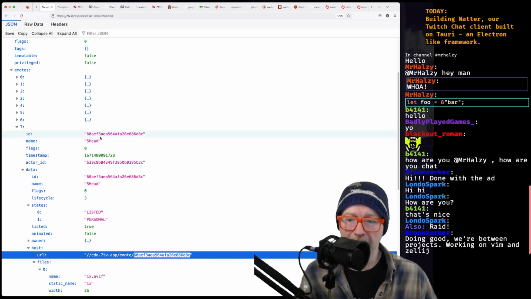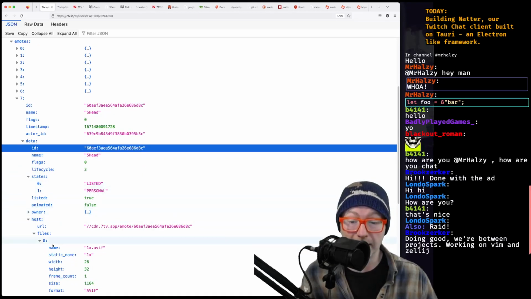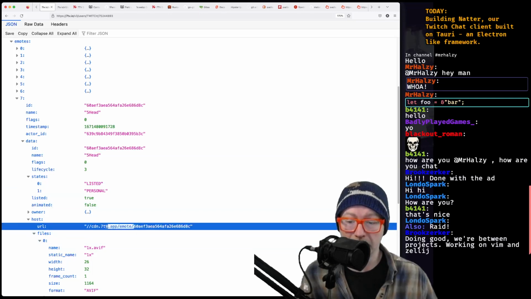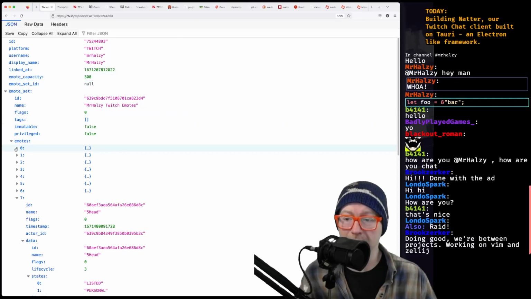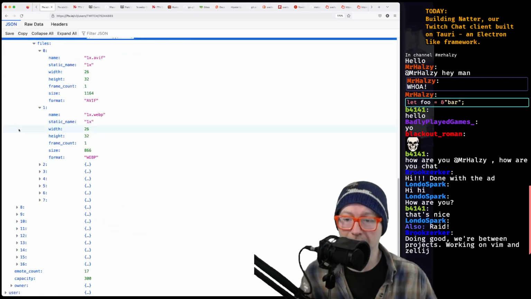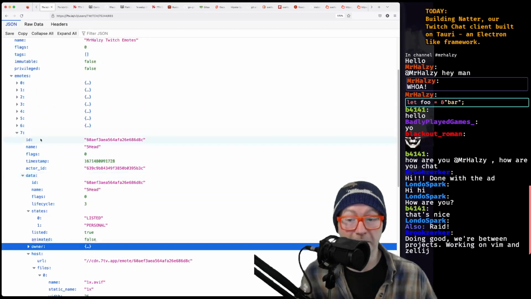So, I think we might need to pull in a little bit more information. I think off of our emotes, we are not getting the ID because we didn't need it. We were just getting the URL. I am dearly hoping that these URLs, like this base here, don't ever change. Do they describe that anywhere else? It does not look like it. I'm guessing they'll never change.